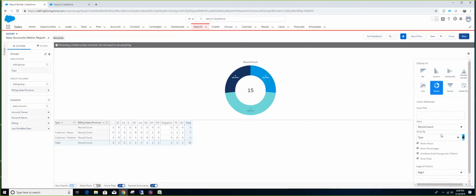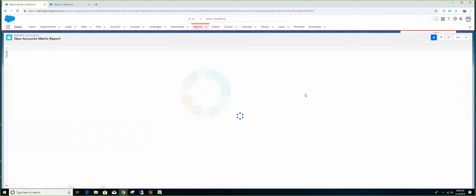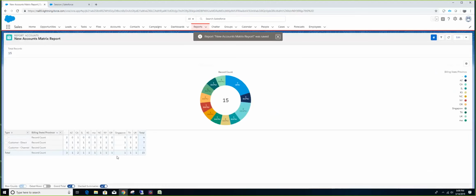Now this one is saying, among the 15 records that we have, how many records there are in each state. There is also a legend available.